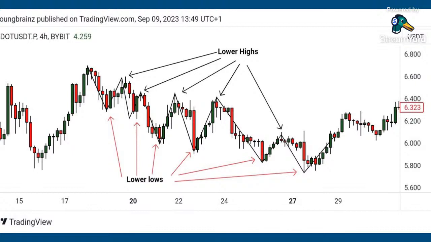Apart from labeling the lower low and lower high, I don't know if you can see the zigzag pattern. Comment, I can. Let me see if you can see it. If you look at it carefully, there's a zigzag pattern. The market is coming down, it goes up small, comes down, but it is cascading downward. If you can see the zigzag and the lower lows and the lower highs, comment I can see. Let me know that I'm actually communicating with you. Although it might be a bit small here, like I told you guys, I'm going to send you this particular sample so that you guys can have a feel of it.